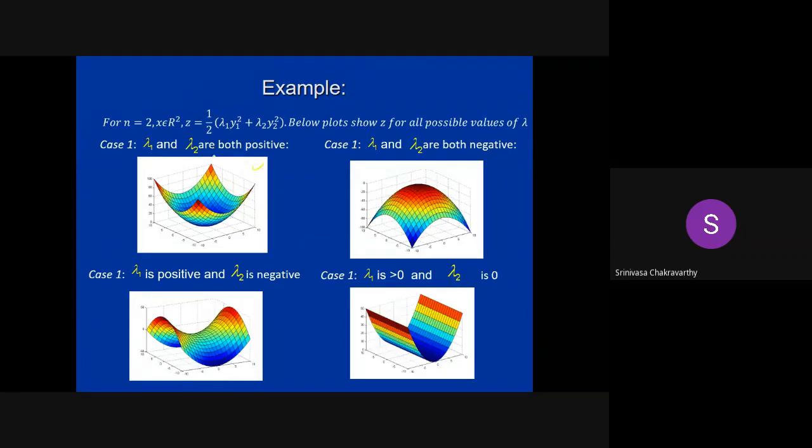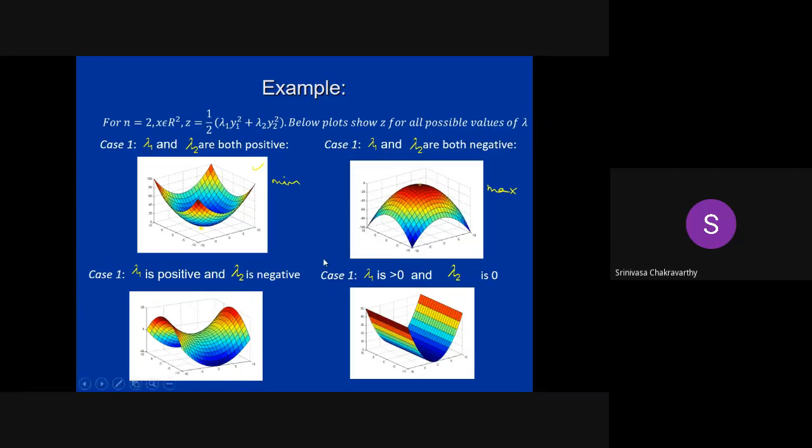So therefore, in this case, you can see that the function only has a minimum, and minimum is at the origin. Because at the origin, the expression itself is 0, and the derivative goes to 0, and that's the only point where derivative goes to 0 in this case. Now, similarly, if you take both eigenvalues negative, minus lambda 1, so minus of something y1 square, minus of something y2 square, then you can easily imagine that the function keeps going down to minus infinity. So in both y1 direction and y2 direction, the function will be going down from 0. So it will have a maximum at the origin. So it's a max type of function. So this is a min type of function.